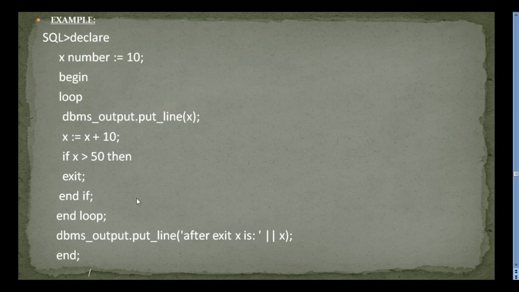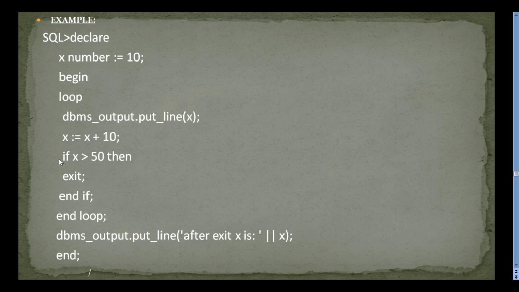Just see this: x number equal to 10, I declare, begin loop. I want to print the x value and I want to add 10, so x is incremented by 10 every time. If it reaches a value greater than 50, then automatically it exits from the loop.